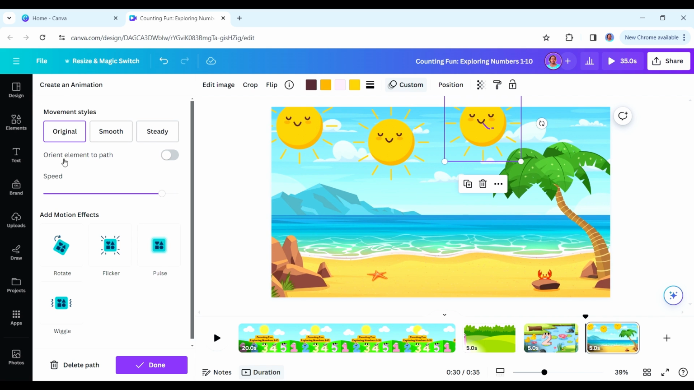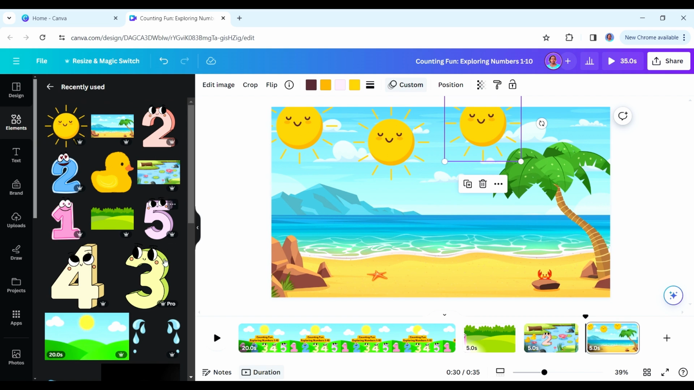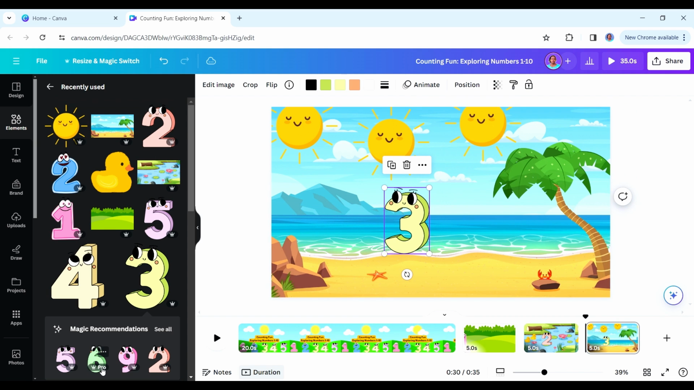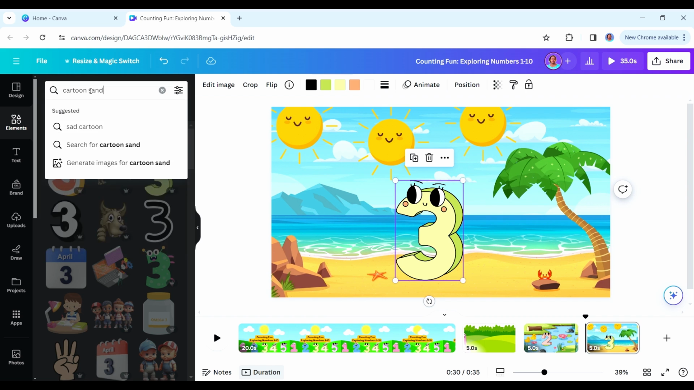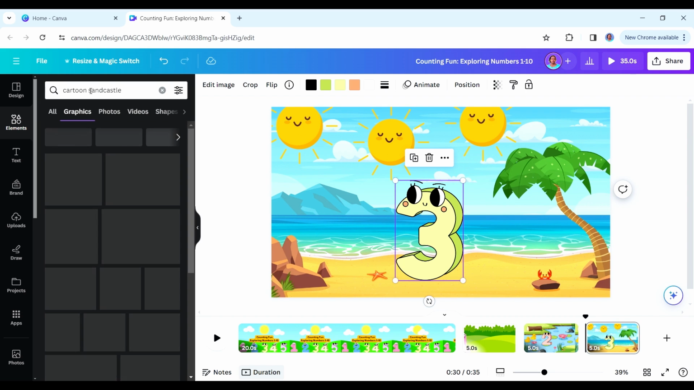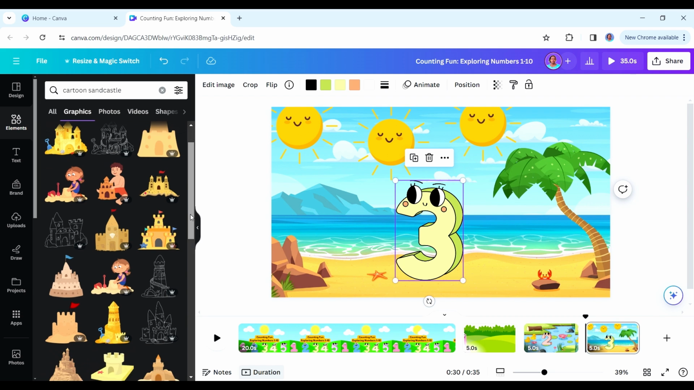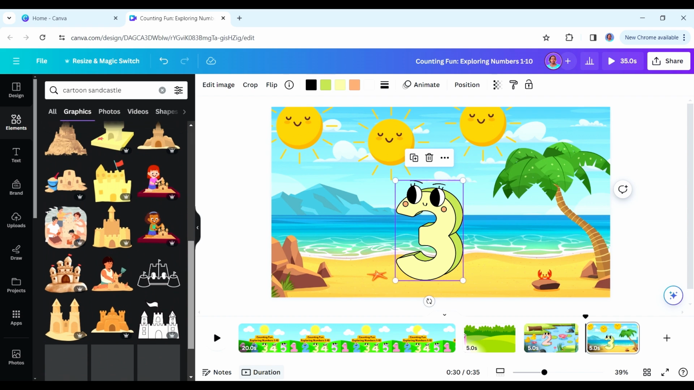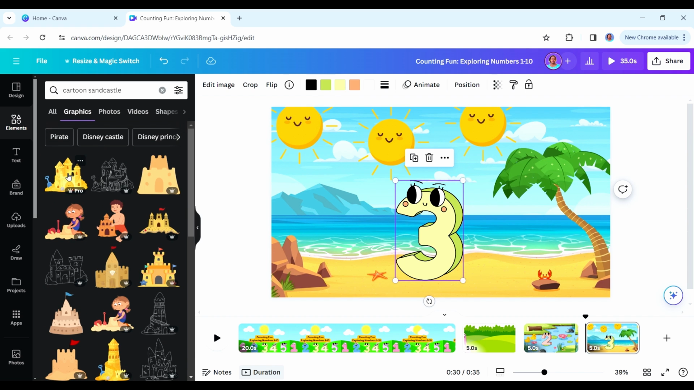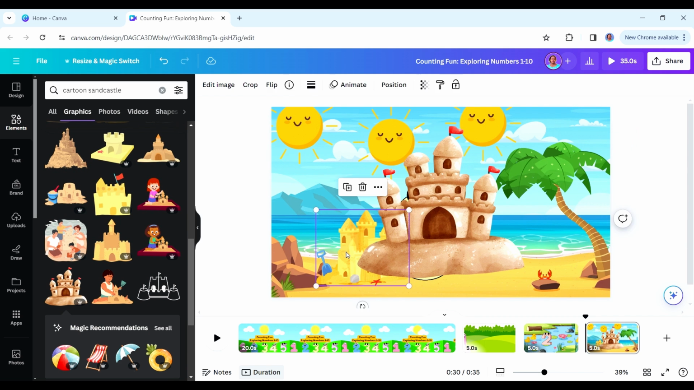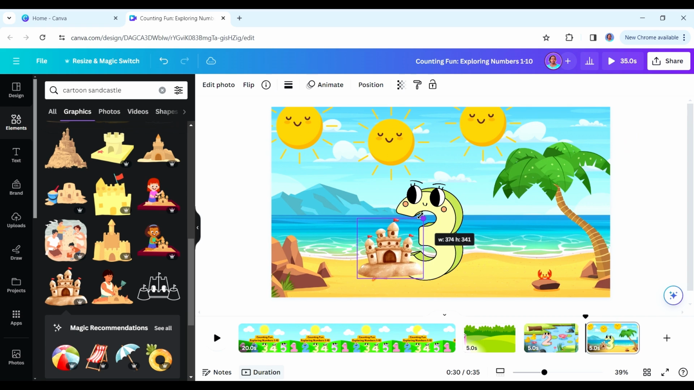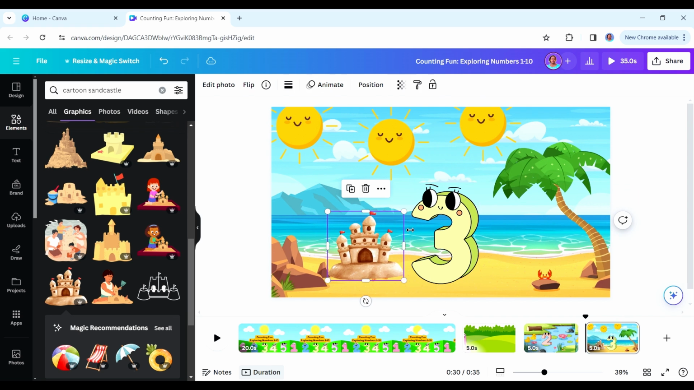Yeah, and then we have number 3 here. Let's make it a little bigger. So we have number 3 there. And ChatGPT said in the scene, we want number 3 to be building a sand castle. Okay, so we want a cartoon sand castle. So just look for a sand castle here. Let's see. Okay, maybe we could use this one. Is it visible? It's not very visible. Let's look for another one. Maybe this one. I like this one. Okay, so we're just going to reduce the size here so that number 3 is building the sand